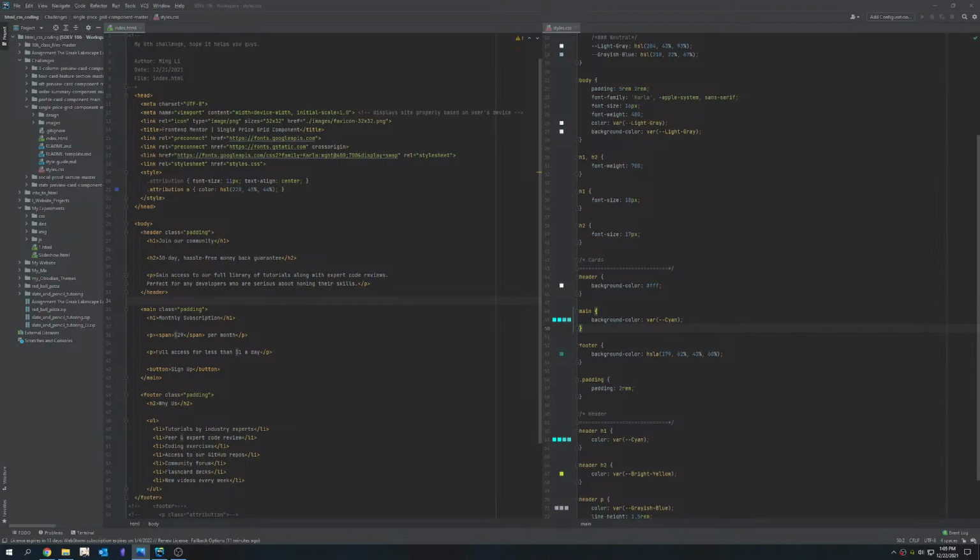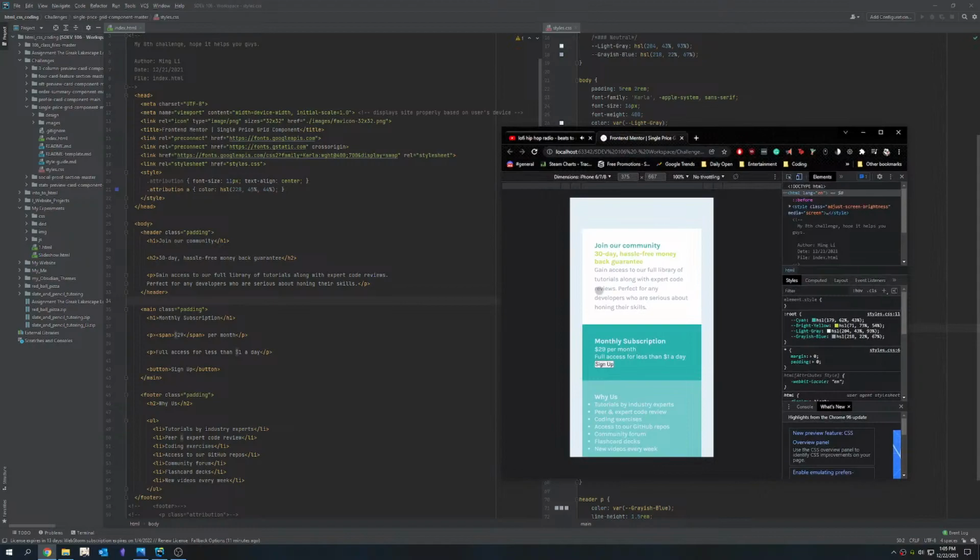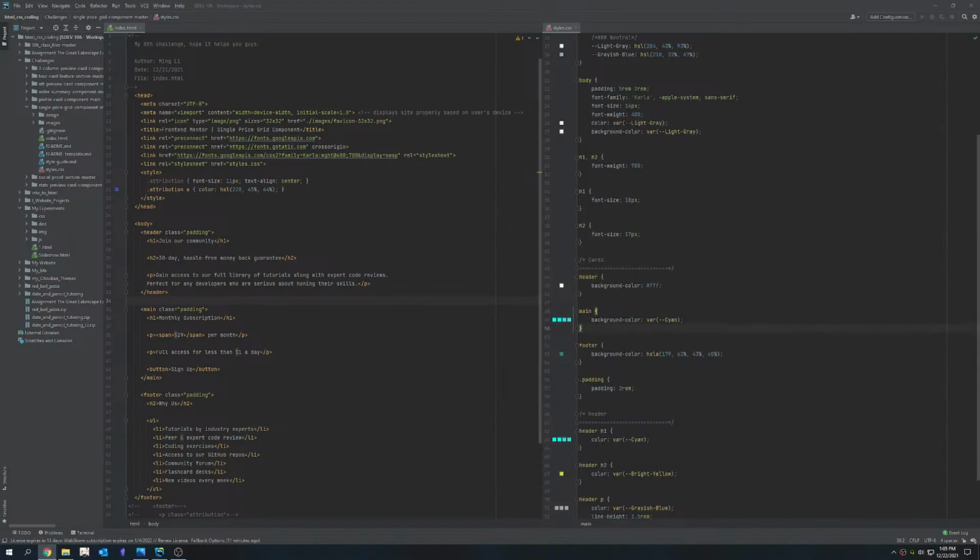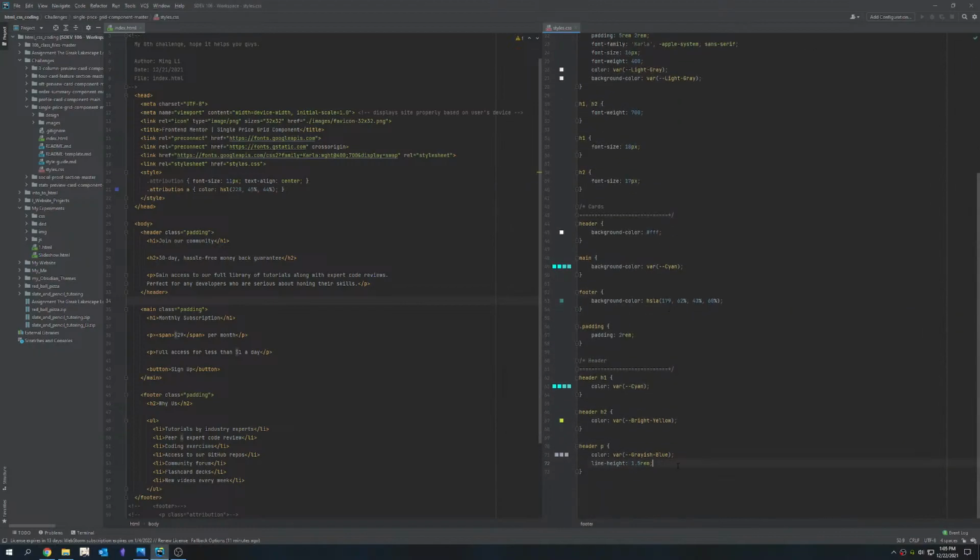Yeah, okay, it's about the same. Probably 2 rem, yeah. Yeah, probably 2 rem. And then we are going to change the paragraph to make it so that the font size is